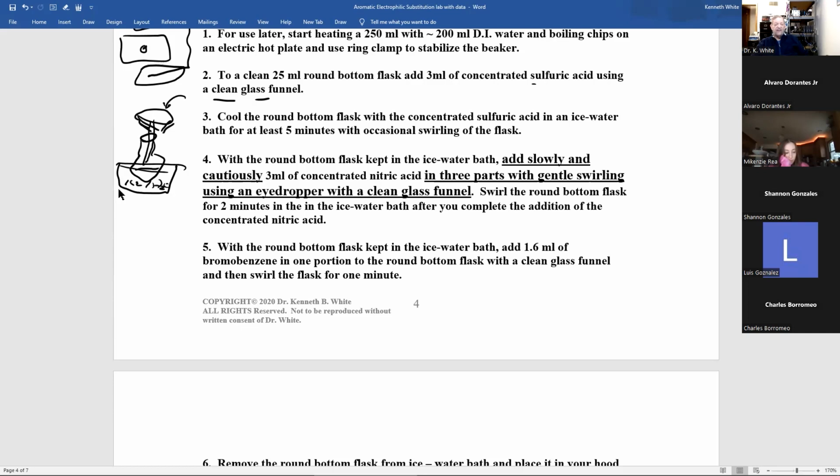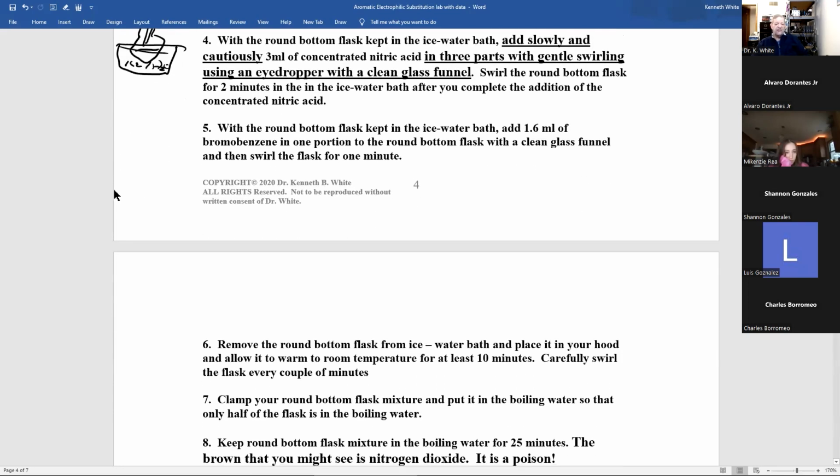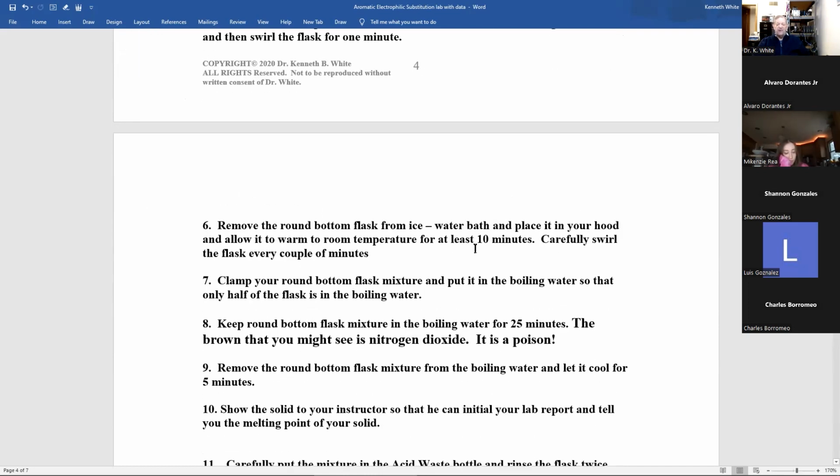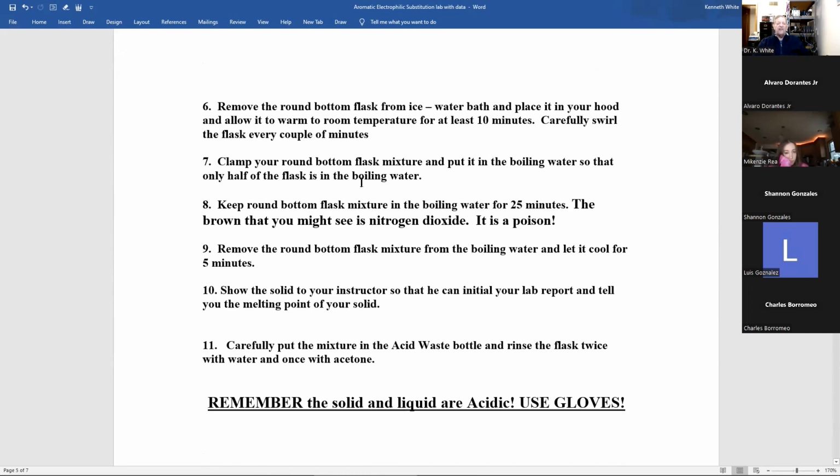And you'll add it, swirl it for a couple minutes, take it out of the ice bath, let it cool for a couple minutes or warm up, and then in one aliquot, all at the same time, through the funnel, you'll add 1.6 milliliters of bromobenzene. Now, after it comes up to room temperature, give it a couple minutes, 5 to 10 minutes, you'll clamp it and put